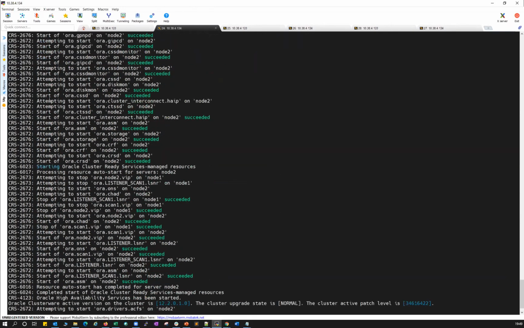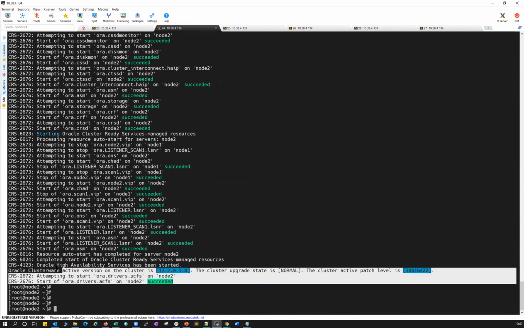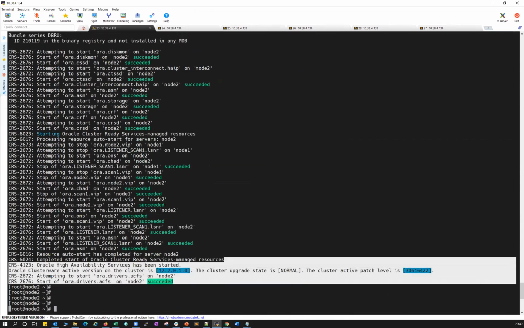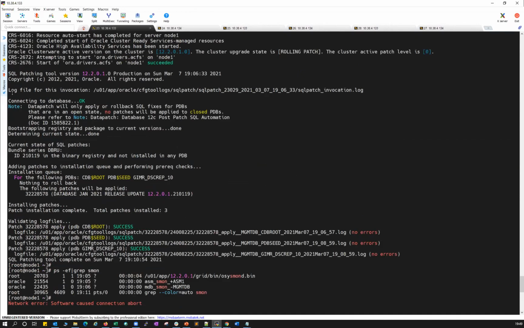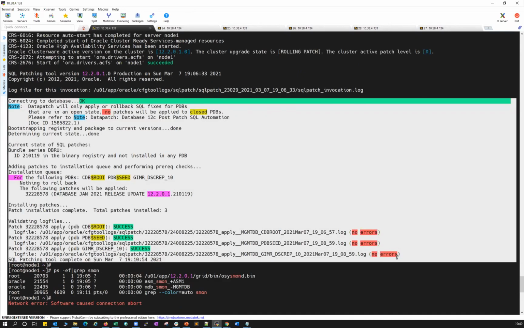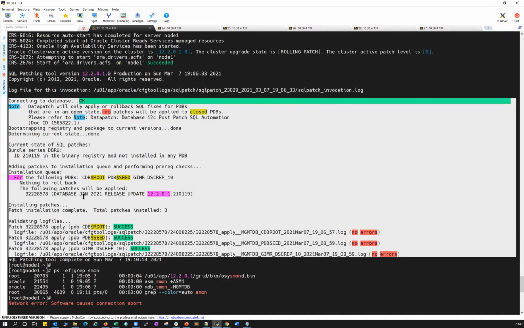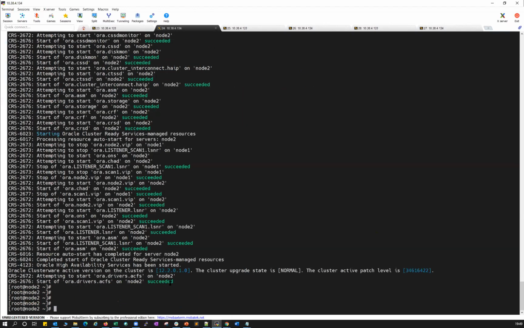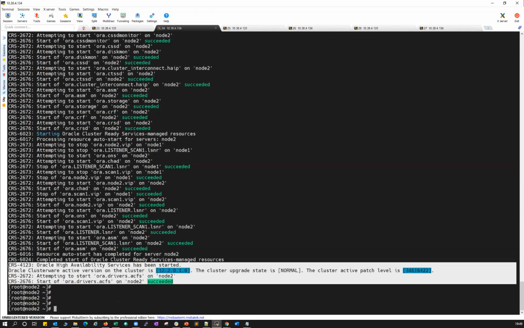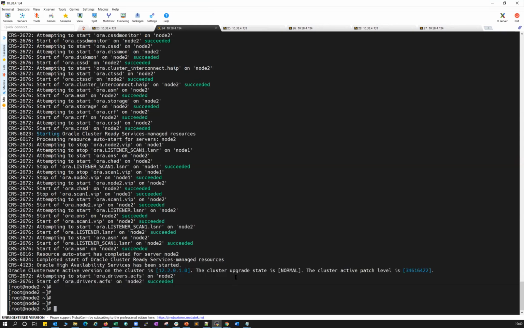If you see here root share dot post patch, you don't see that particular output. When I ran it on node 1, you saw that the data patch ran for the MGMT database, and on node 2 I did not get that data patch apply command, because the data patch can be run on any one of the nodes. You are not supposed to run it on all the nodes, because you only have to run it on any one instance, and automatically it will apply at the database level, right?